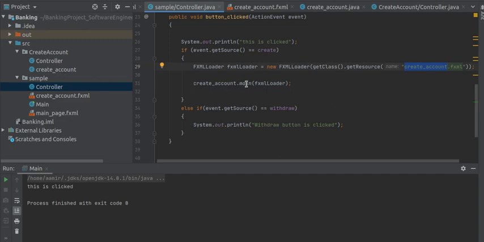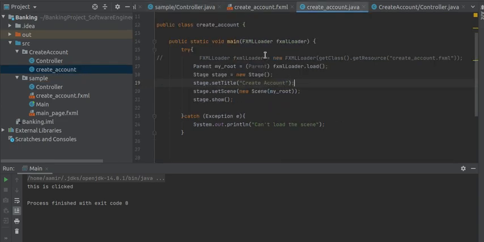I send this object here, and here I receive the loaded object, and in this I add the code of setting the scene, which is the other scene. In this way you can switch between scenes.